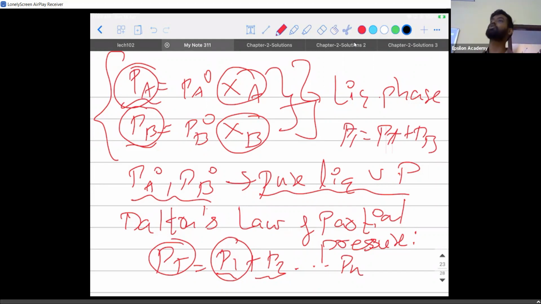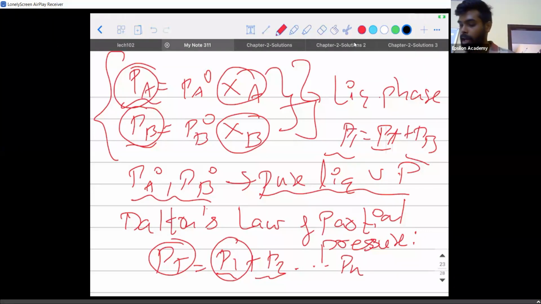Right. So if I have a mixture of gases, the total pressure is equal to the sum of the individual partial pressures. We know what partial pressure is now, right? So I have to sum all the individual partial pressures of all the components, and if I sum it up, I am going to get the total pressure, and that's exactly what we are doing. Total pressure. We have two components A and B in vapor phase. The pressure due to them is PA and PB. Total pressure would be PA plus PB.